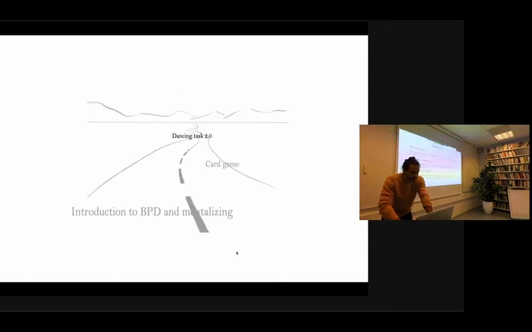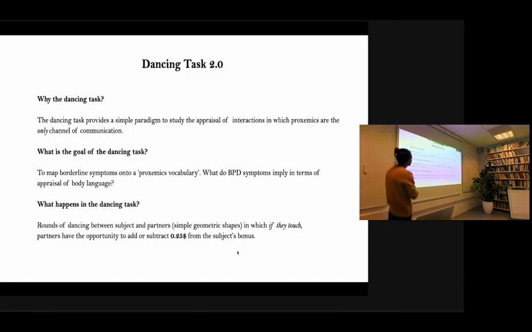Dancing task 2.0. So the dancing task provides a simple paradigm to study the appraisal of interactions in which proxemics are the only channel of communication. Proxemics is the study of body language. So you just don't talk at all, and you just base your interpretation of the other's intentions on how they're moving towards you. Obviously, in real life, it's much more complicated than that because it's not just about how close we are or how far apart we are. It's about how we look at each other, what we do in response to certain things. But really, in this case, it is going to be the simplest instance of that